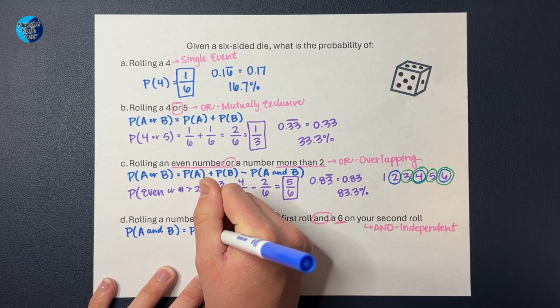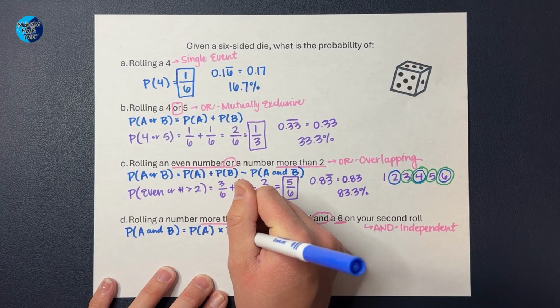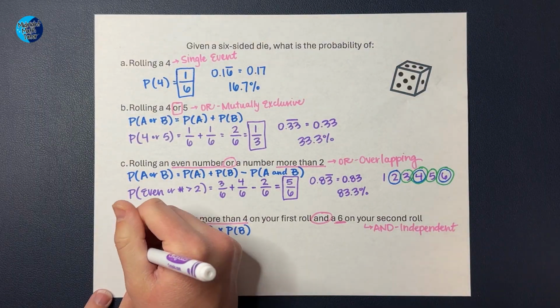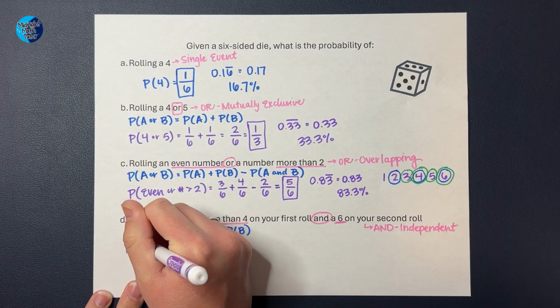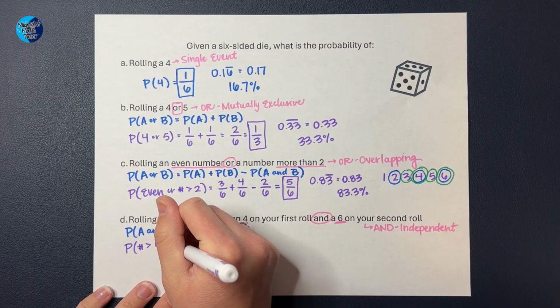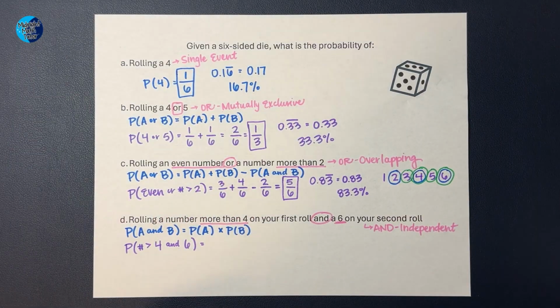All right, so when we have an AND independent, the probability of A and B is equal to the probability of A times the probability of B. Let's go ahead and fill this in with our numbers. So the probability of rolling a number more than 4 and a 6 on my second roll is going to be,